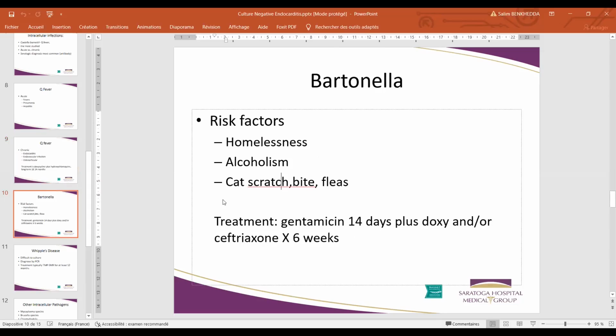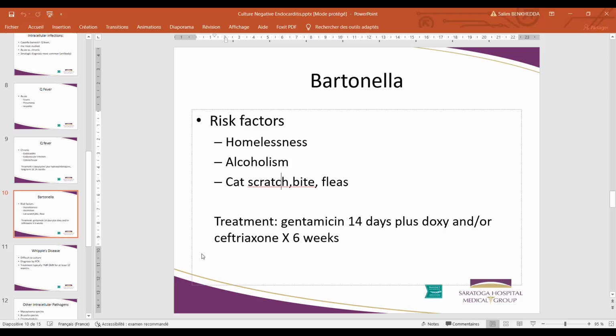Just let me make sure I didn't forget any of my notes here on Q fever. No. So moving on to other infections that you can get intracellularly, the next most common one would be Bartonella. Bartonella has risk factors in patients who are homeless, who have alcoholism, who have frequent exposures to cats with cat bites, scratches, and fleas. And this is all for